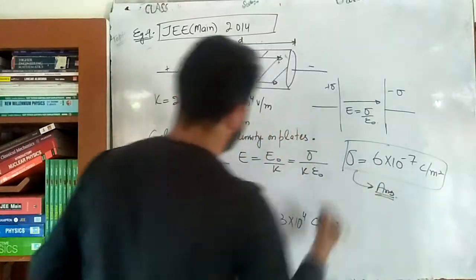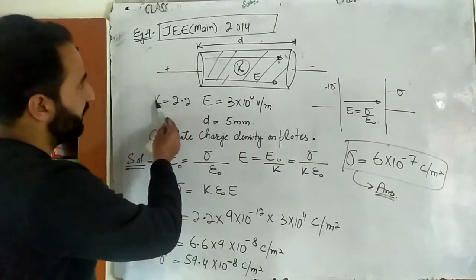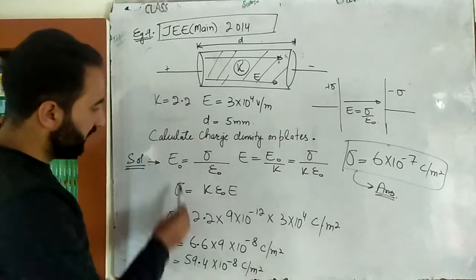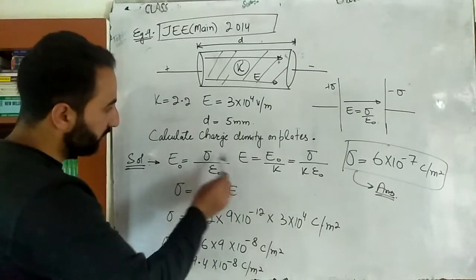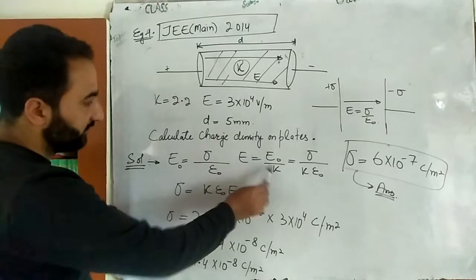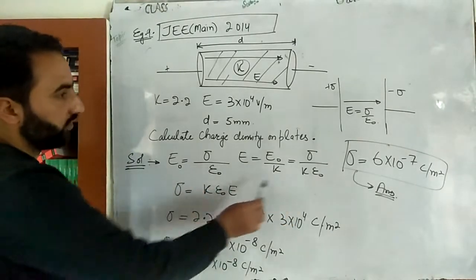Easy problem, not rocket science. Simply put the values and get the answer type question. Okay. A is given to you. D is unnecessarily given to you. You will not use D anywhere. You have to calculate sigma. That's why this equation is equal to this, in presence of dielectric, in absence of dielectric. Because in absence of dielectric, there is air, so K is equal to 1 for that.